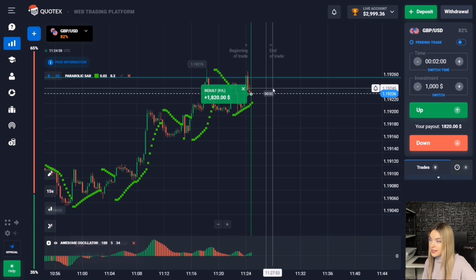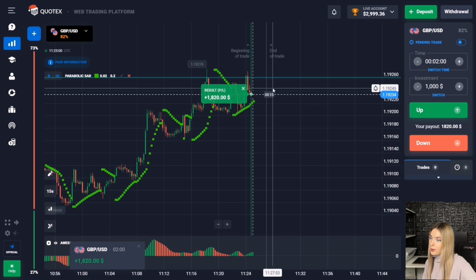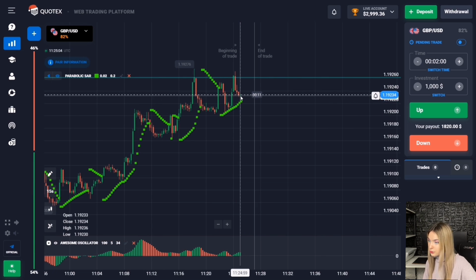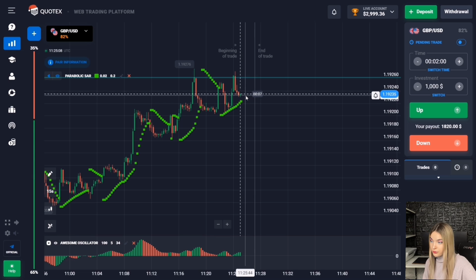Well, that's not bad, guys. The price really continued to move up and we made a profit. Also, after touching the level, there was a logical rollback down. At the moment, there is a certain compression of our level. I think that in the near future, it is quite possible that this level will be broken,